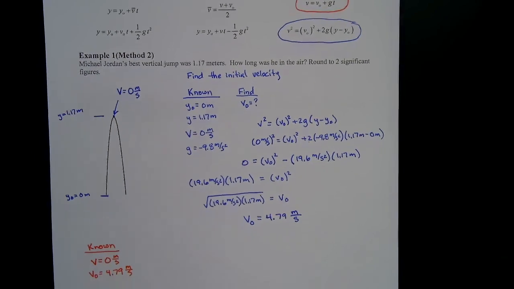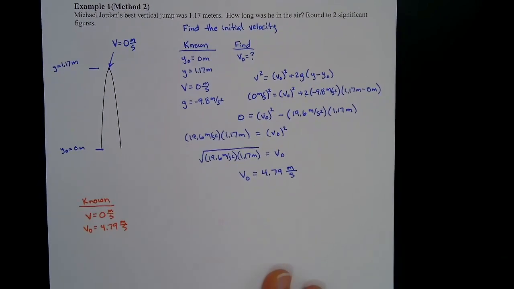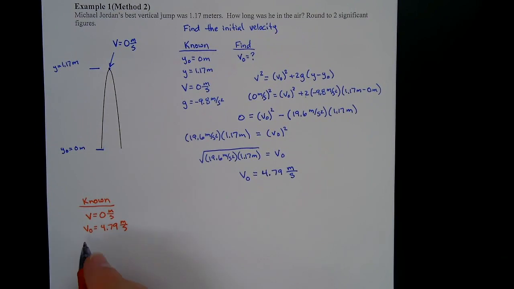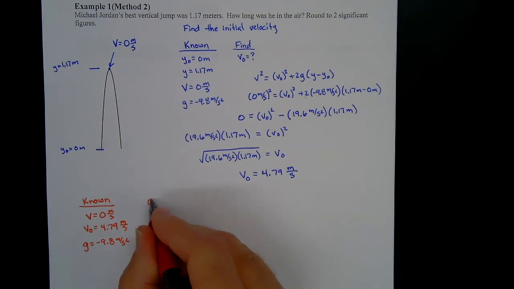And I just realized you guys can't see this, so I'm sliding it up. Sorry, guys. All right, and I also know gravity is equal to negative 9.8 meters per second squared. And I'm going to calculate the time it took to go from 4.79 meters per second to 0 meters per second. So I'm going to find